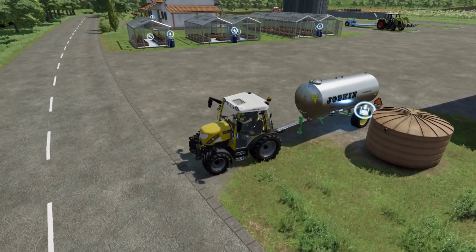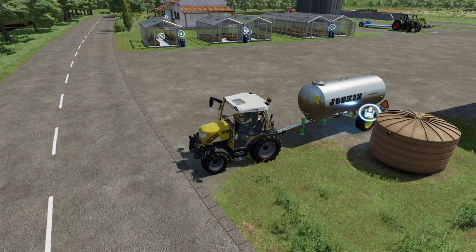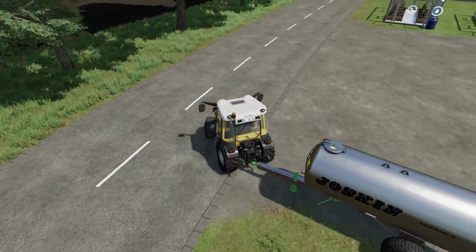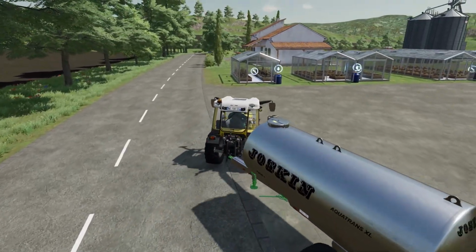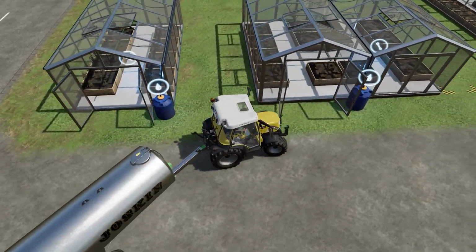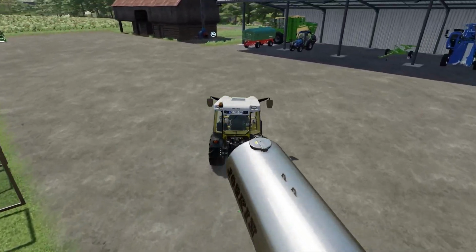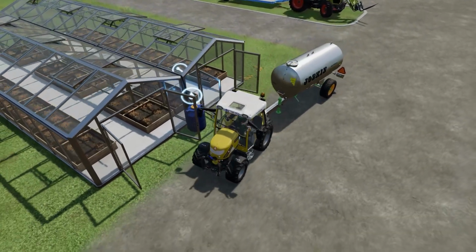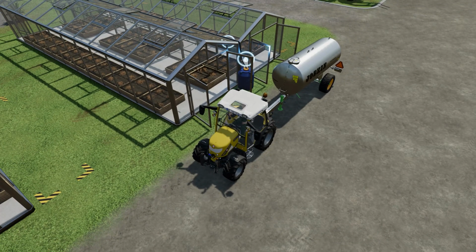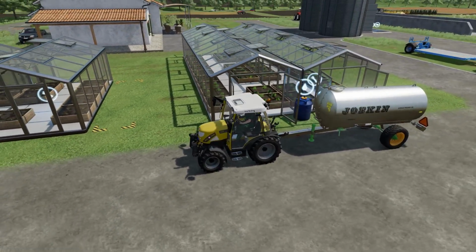And once we've done that, all we need to do is draw up alongside the water butts at the end of each of the greenhouses and in effect just fill them up, and you'll see instantly the plants inside will change. So let me align myself. Actually, I'm going to take a wide angle here, just pulling up alongside, and I'm going to instigate filling up, and you can see straight away those plants